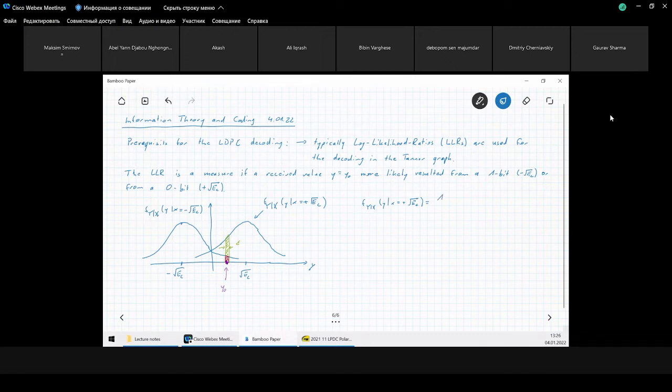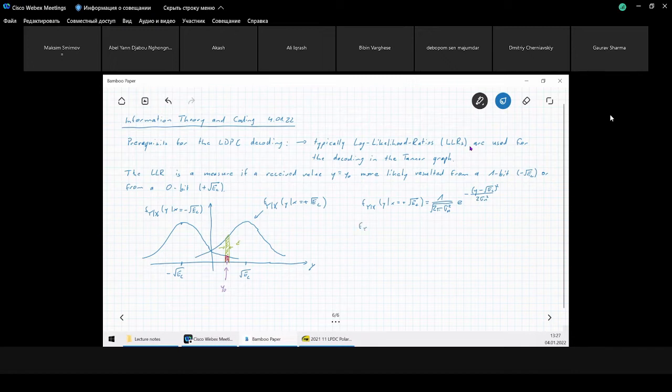It's 1 over square root 2 pi sigma n square, the noise variance, times e to the power of minus y minus, now the mean value, square root EC, squared, divided by 2 times the variance, 2 times sigma n square. So just the Gaussian distribution here with mean value being plus square root EC described by this equation, and the second guy